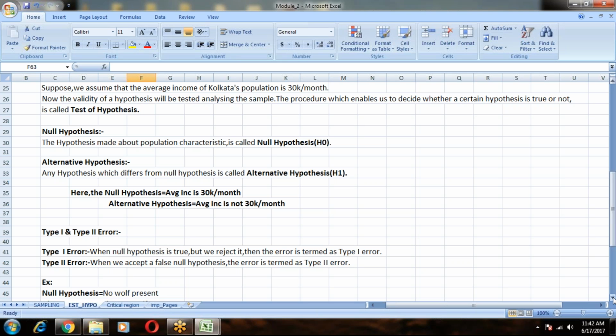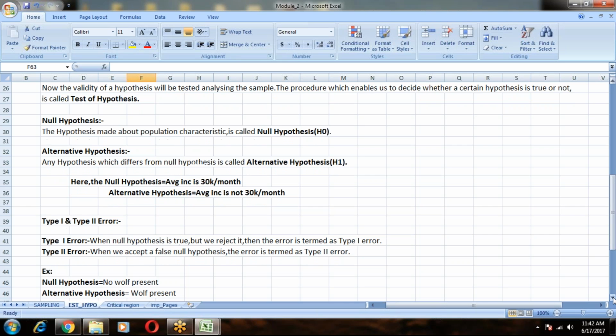What is alternative hypothesis? Alternative hypothesis is just the opposite of your null hypothesis. It means the average income of Kolkata's population is not equal to 30K per month. Clear, guys? So this is your null hypothesis and alternative hypothesis. So till this, is it clear? Because next